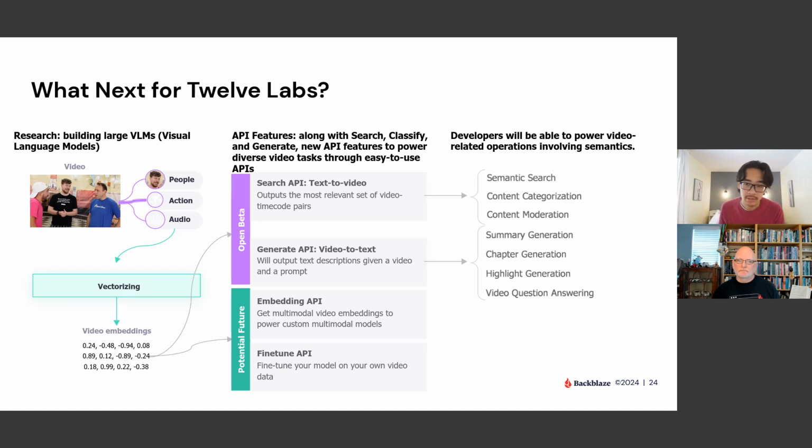The second one is the fine-tuning API, and this one comes more from a lot of enterprise customers, right? So I think Backblaze, you probably know a lot about the demand from enterprise customers in terms of privacy, security, deployment, all those things.